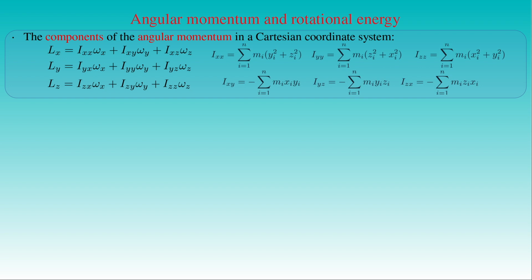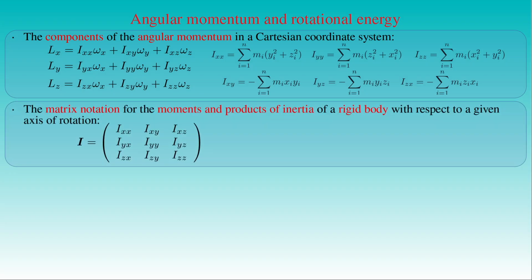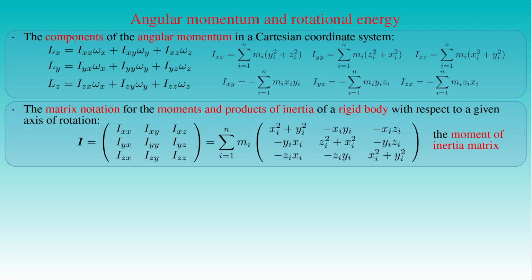By inspecting the structure of the three-component equations of the angular momentum L, we can introduce a matrix notation for the complete set of moments and products of inertia of a rigid body with respect to a point or an axis of rotation. The moment of inertia matrix I, with the diagonal elements given by the moments of inertia and the off-diagonal elements given by the products of inertia, is a symmetric matrix, as the explicit forms of the matrix elements show, which are constructed from the quadratic sums and the products of the Cartesian coordinates of the point masses